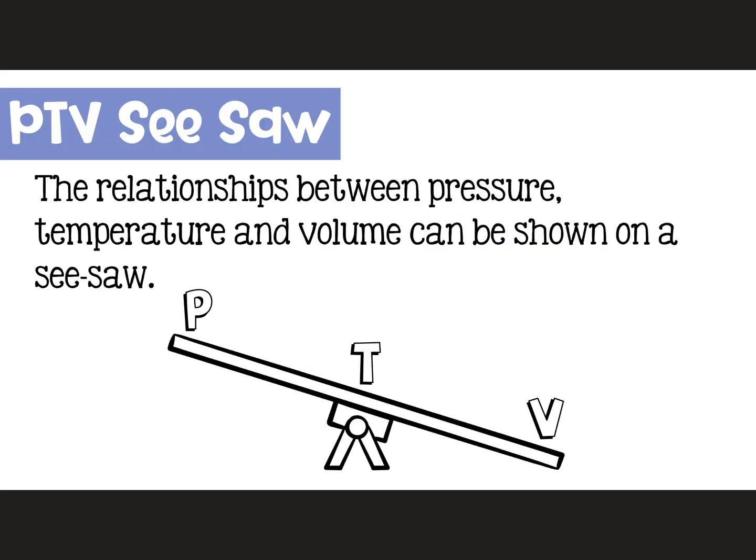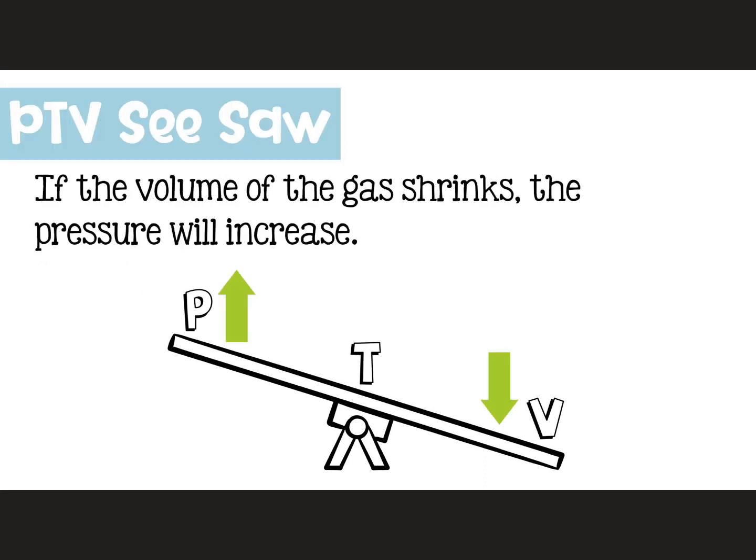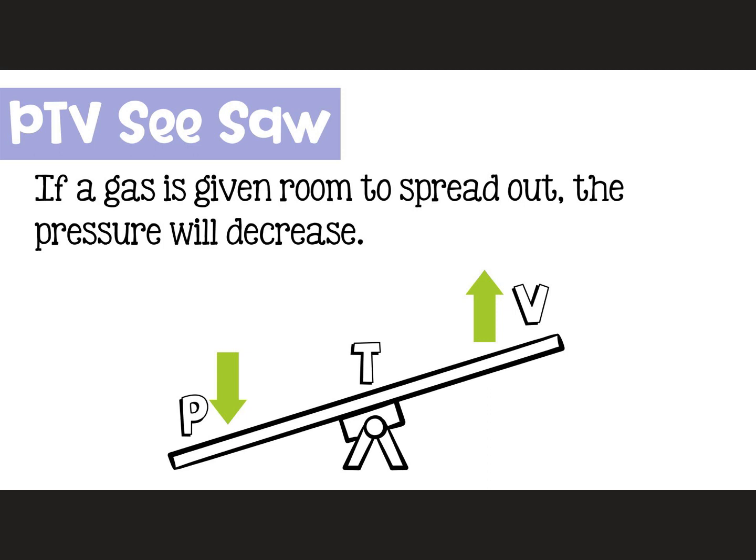Well, the relationship between pressure, temperature, and volume can be given by a seesaw, where pressure is on one side, volume is on the other, and temperature is in the middle. This means that if the volume of the gas shrinks or goes down, the pressure will increase. Alternatively, if the gas is given room to spread out, the volume increases or goes up and the pressure will